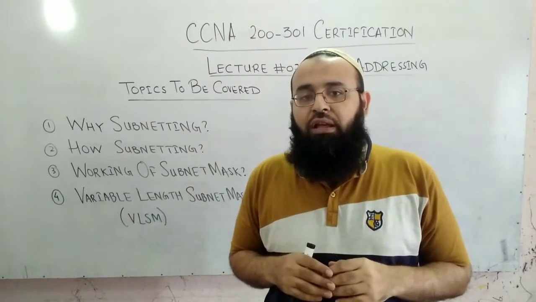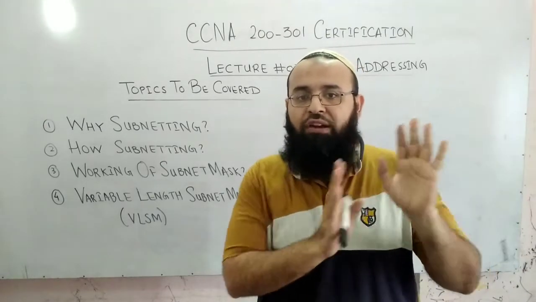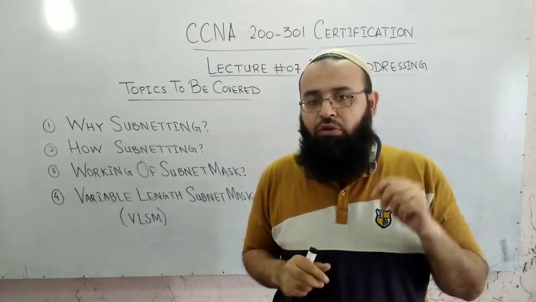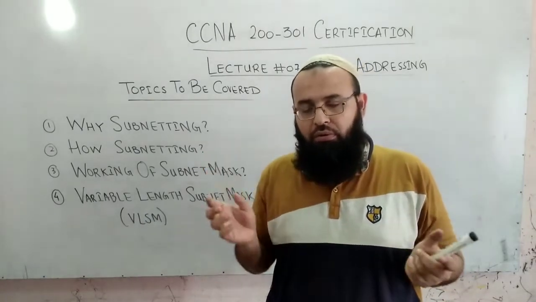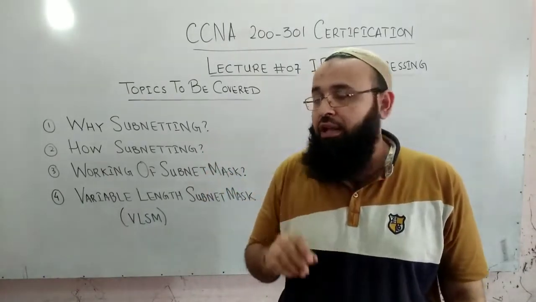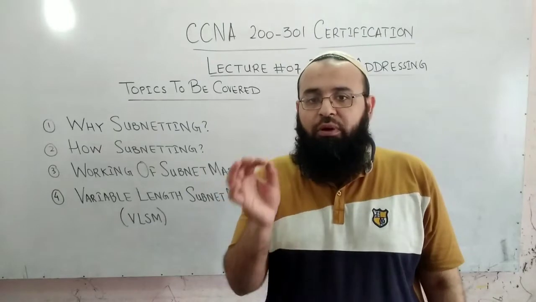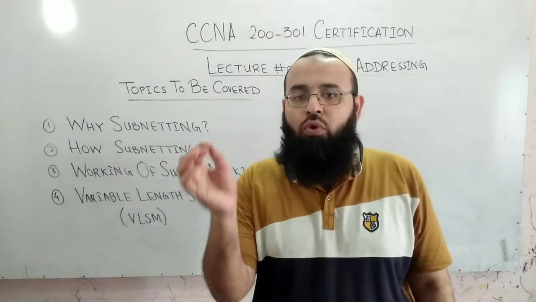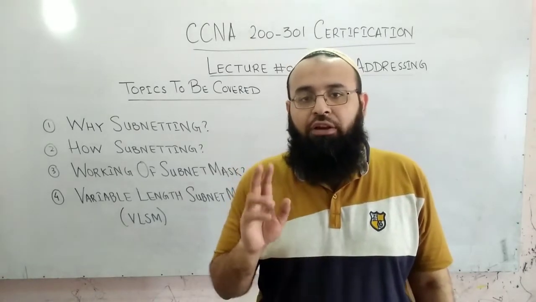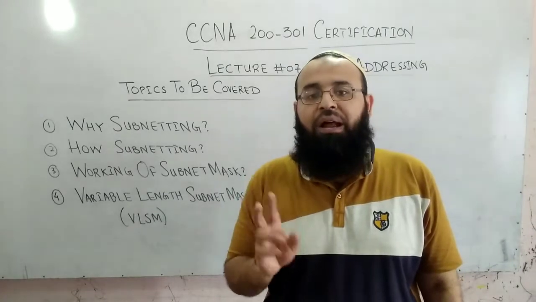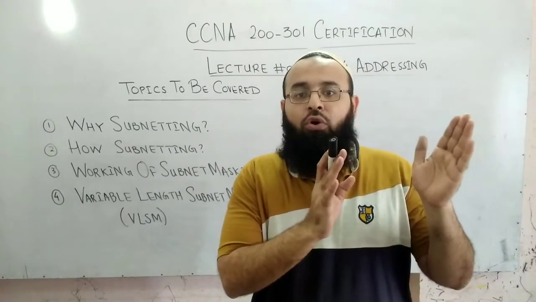The third advantage is that if some fault occurs in a particular subnetwork, then that will be limited to that subnetwork only, and the management is also very good. So subnetting is performed to divide the large LAN into smaller subnetworks. And the second thing is how do we perform subnetting? The simple rule is that in order to perform subnetting, you have to extract or take bits from the host portion. As I told you earlier, an IP address comprises two portions. One is the network address portion and the other is the host address portion.